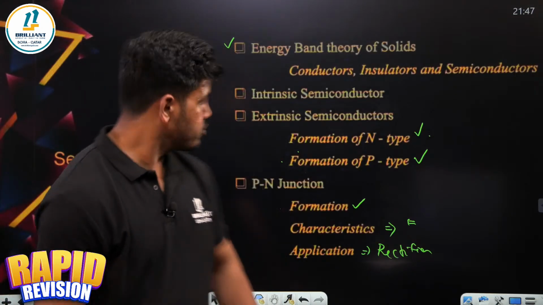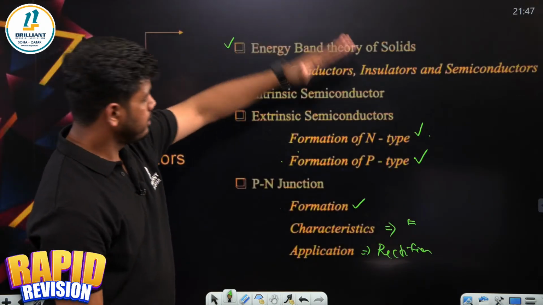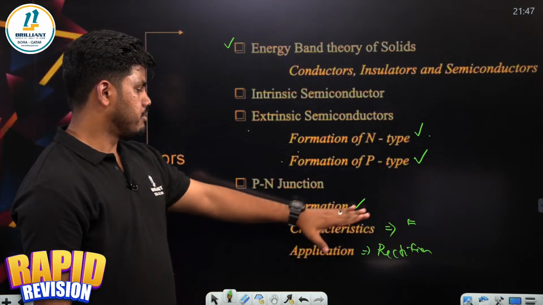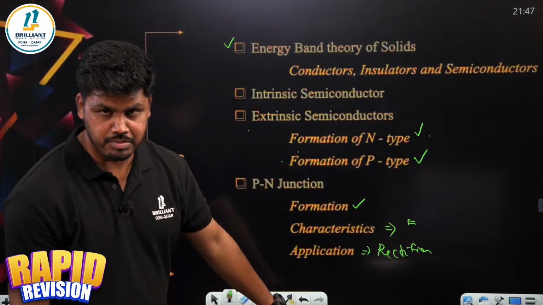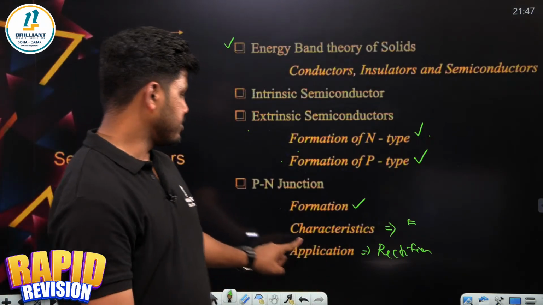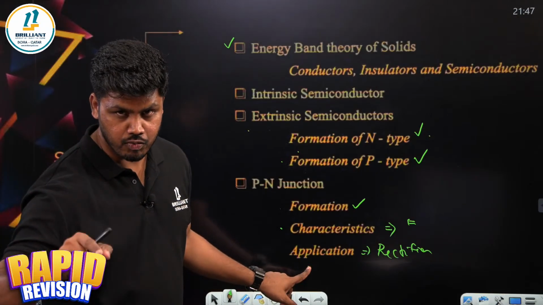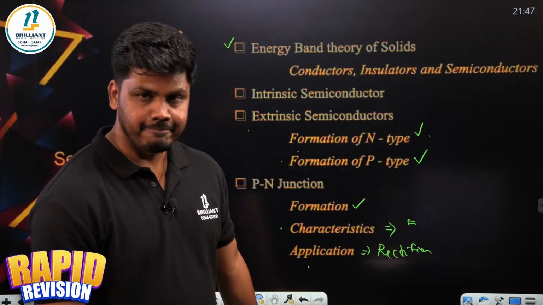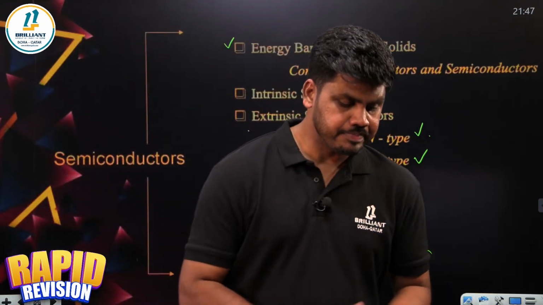For long answer questions, only these parts you have to make sure. Okay, fine. Formation of N-type, formation of P-type in extrinsic semiconductor, and P-N junction formation, all the 3 topics. Below that, possible for long answers are characteristics and also application. Application we have only half-wave and full-wave rectifiers, that's it, right, from semiconductors. And when we come to electromagnetic waves,